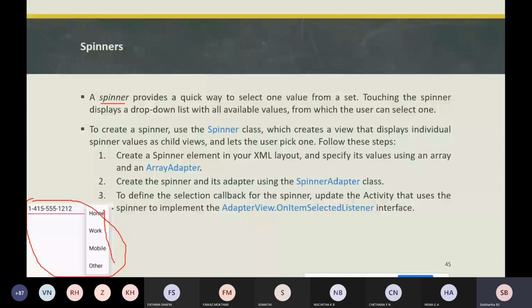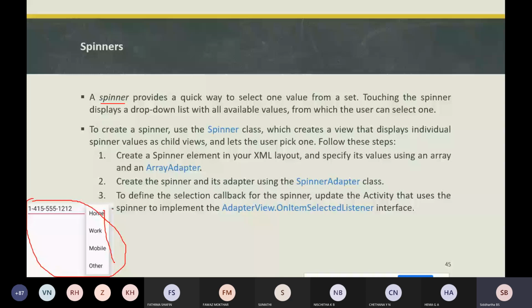For example, if you have a long list of choices, say 100 choices, the spinner may go beyond the layout. If your device size is 5 inch and you have a long drop-down list of 100 choices, it may go beyond the layout. In these cases we can scroll the options, and the spinner scrolls automatically; no extra code is required to scroll the spinner.